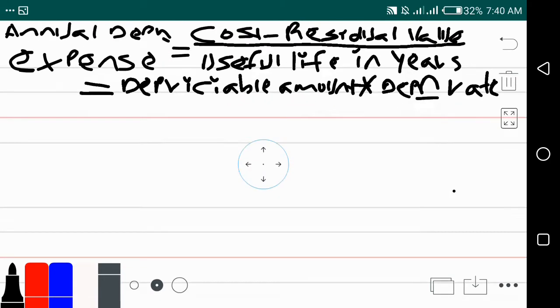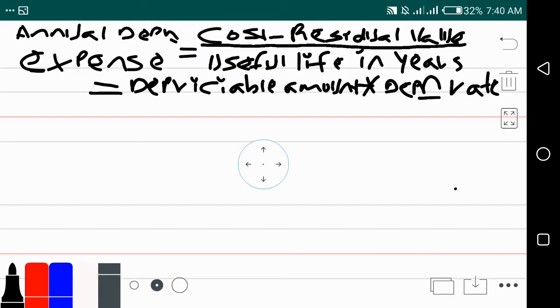And we need to know how to calculate the depreciable amount. Depreciable amount is calculated as